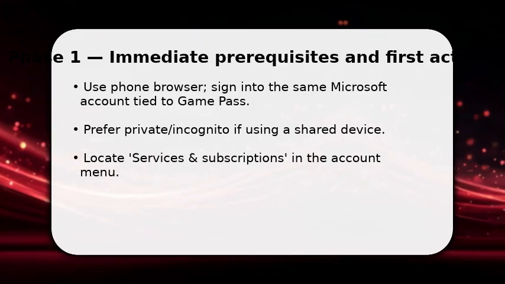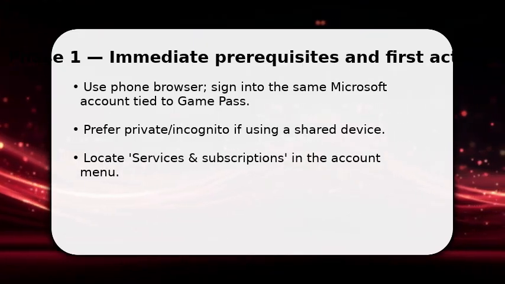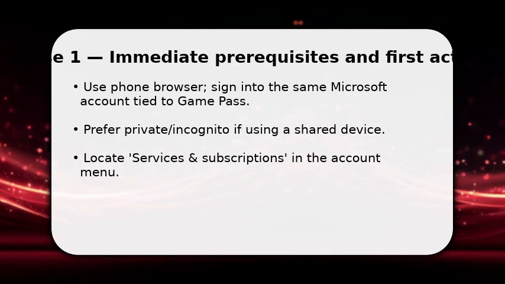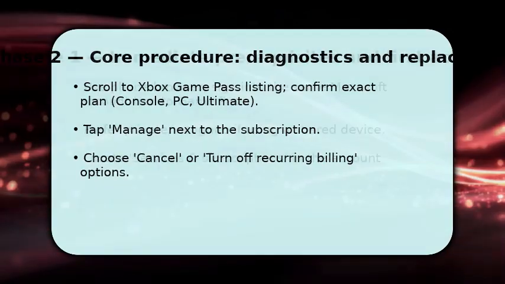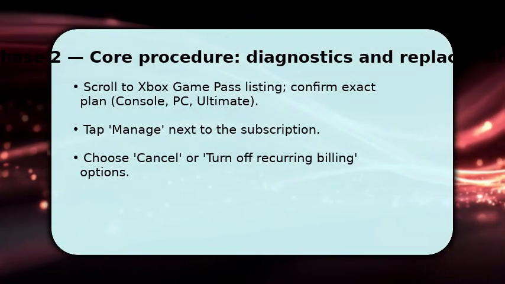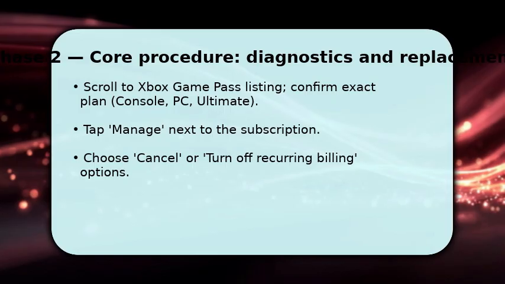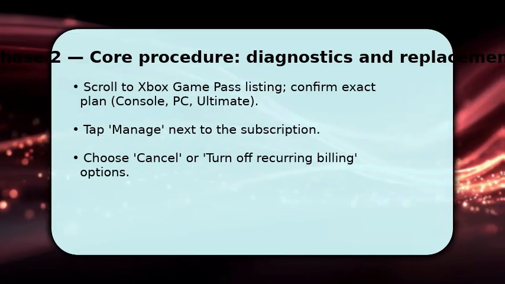Don't waste time navigating the Xbox app. The account portal is the direct route. Once there, pause to verify the subscription name and payment method. You now scroll to the Xbox Game Pass entry and confirm the plan type, console, PC, or Ultimate, because cancel